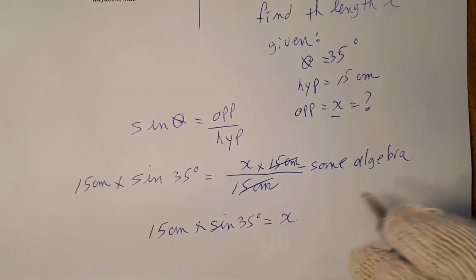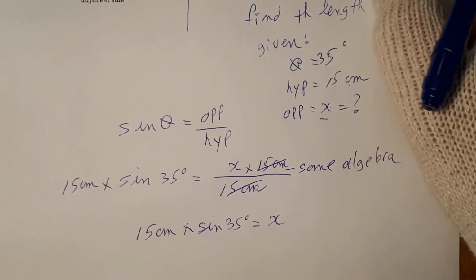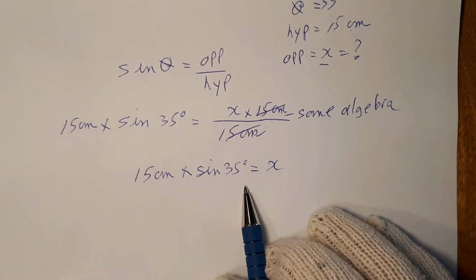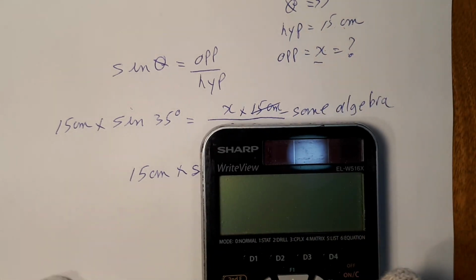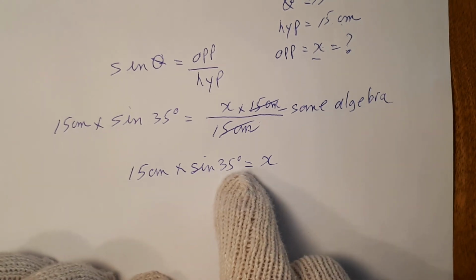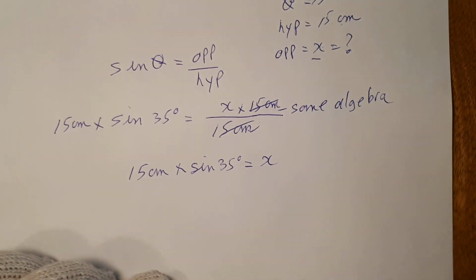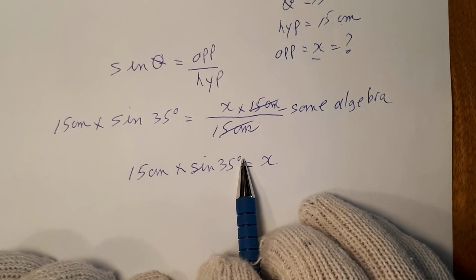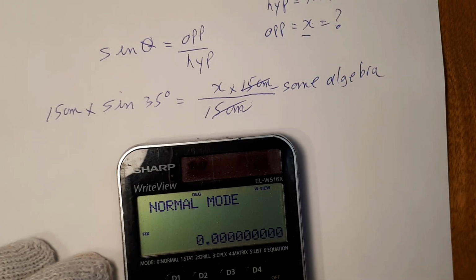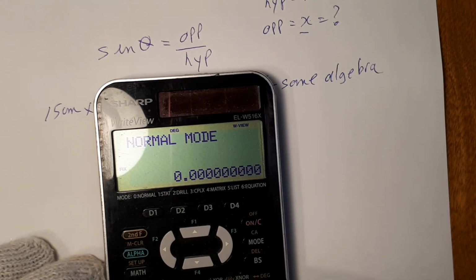Is equal to x. We've isolated the variable that we need. Now it's just a matter of using our calculator and solving this. We take the calculator and solve for the sine of 35 degrees. The unit for sine is degrees right now. Once we do the actual calculation of sine of